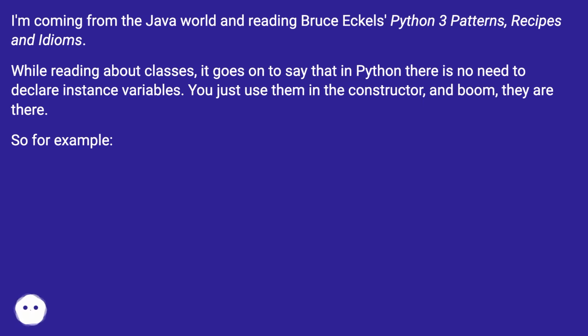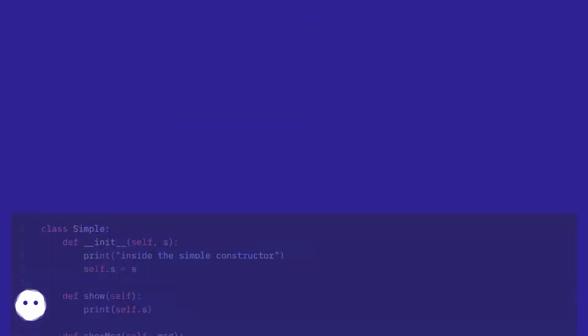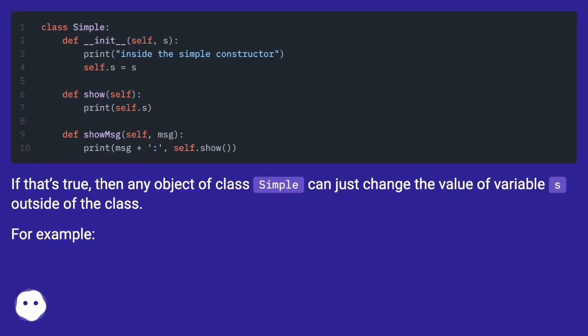So for example, if that's true, then any object of class Simple can just change the value of variable s outside of the class. For example,